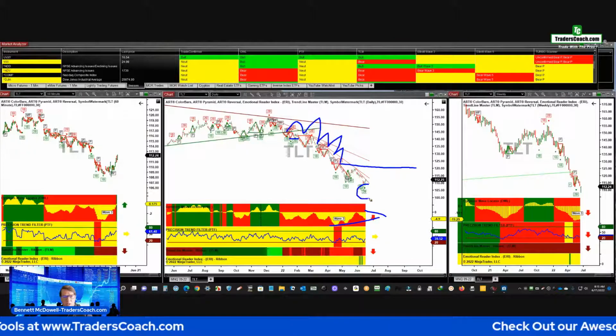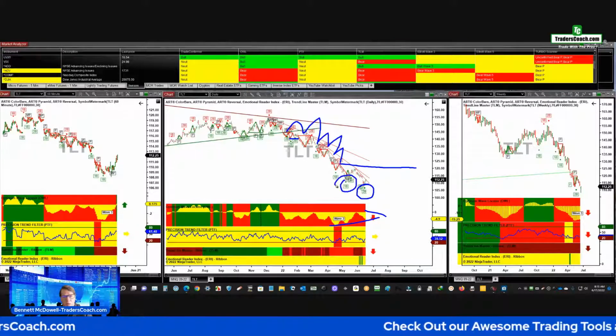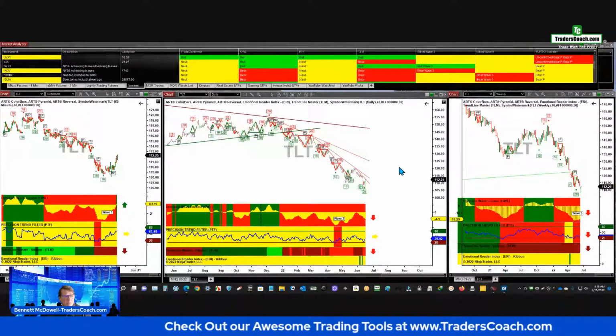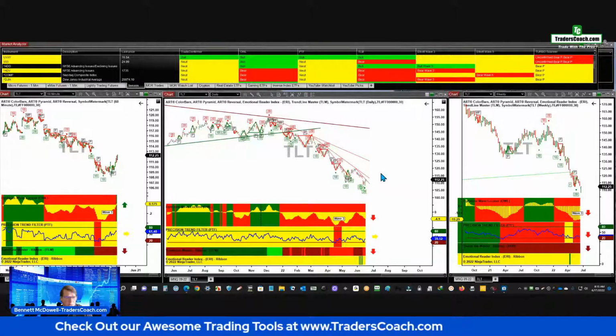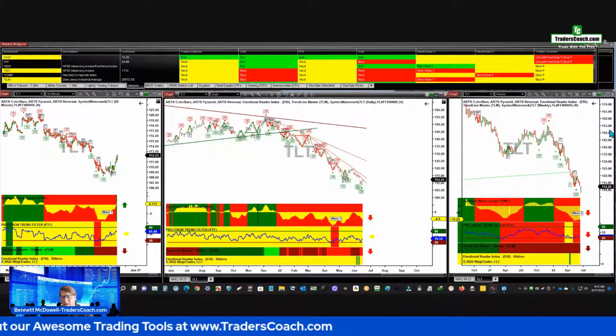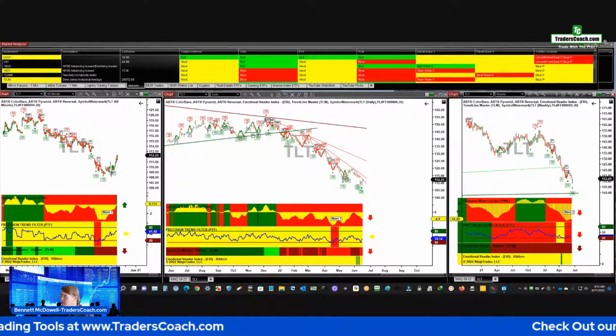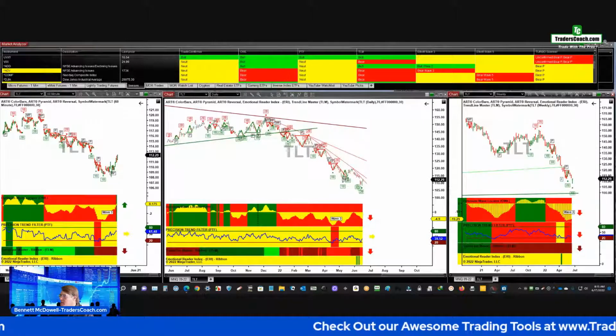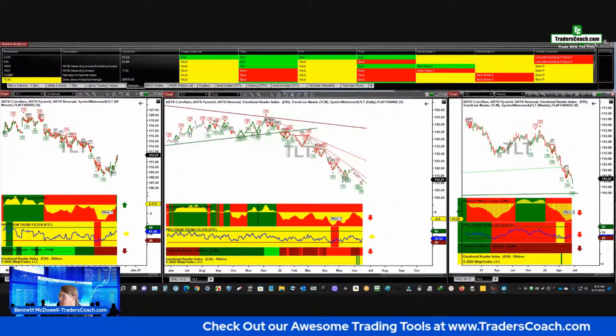If you want to use one of these signals in the opposite direction that the ARP produced, you could scale out on those. But overall, you want to stay short. Doesn't mean you're not going to get some form of correction, but the emphasis here is still to the downside, okay? So you've got to be careful about that one. That is TLT, and that is for the bonds.